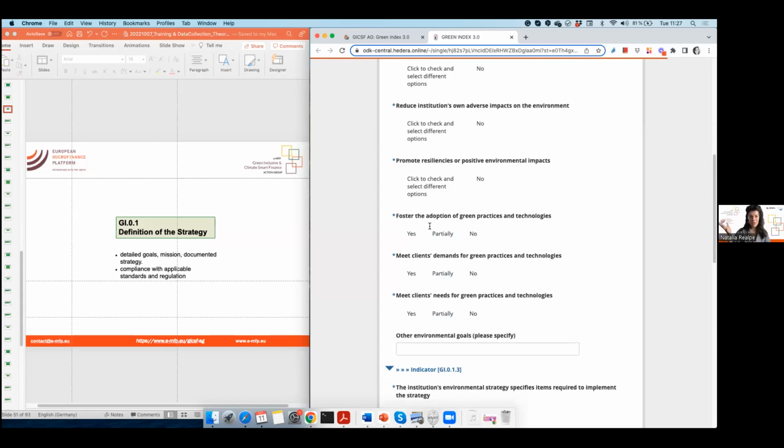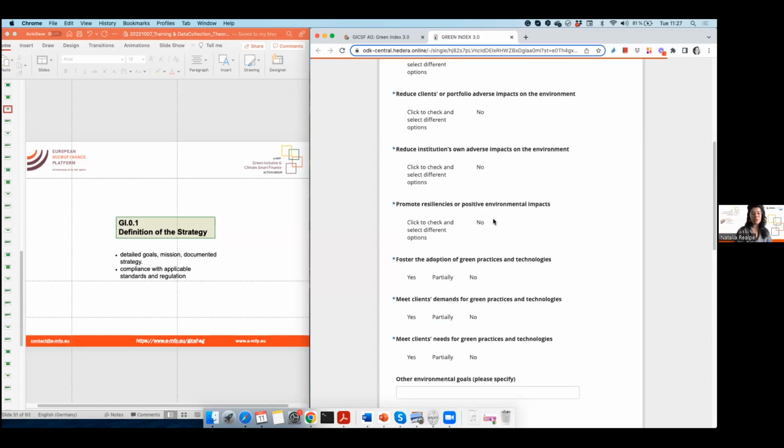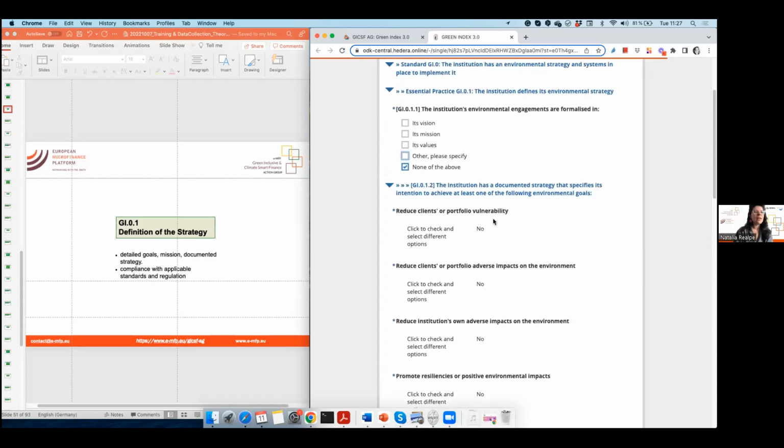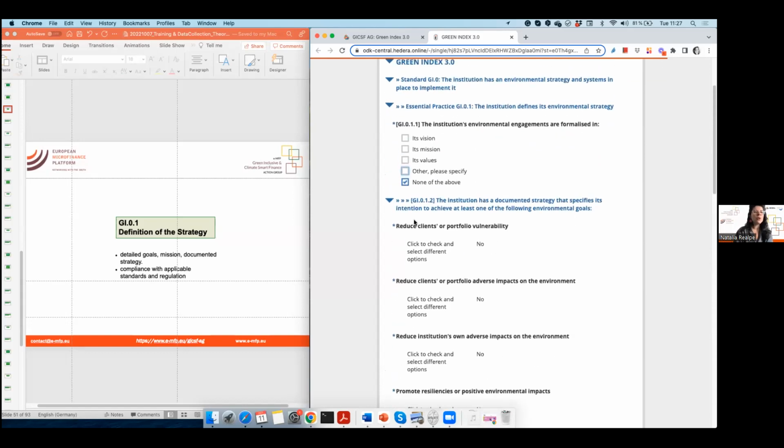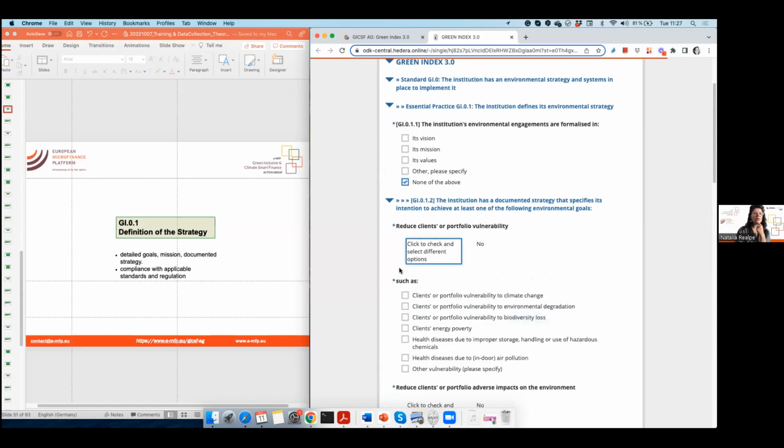As you see, for instance, the questions that have yes, partially, no, are questions that are in the dimension 7. So once you fill them out, it is as if you were also filling out dimension 7 of the Universal Standards for Environmental Performance Management. And if, for instance, you say yes, this is one of our environmental goals, you select it, and